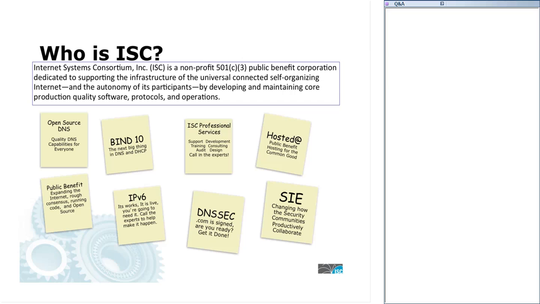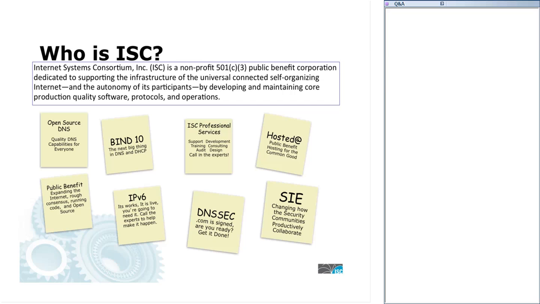And one of the things that we do through those organizations and through our own work is protocol development. So ISC staff has been very involved in both IPv6 and DNSSEC protocol development. And another thing that we do here at ISC is security work, and we have a product that we call SIE,